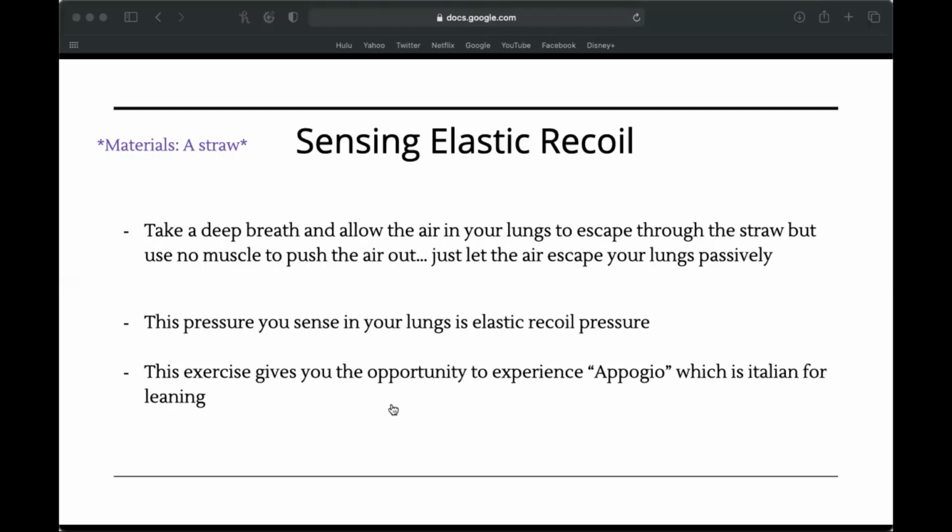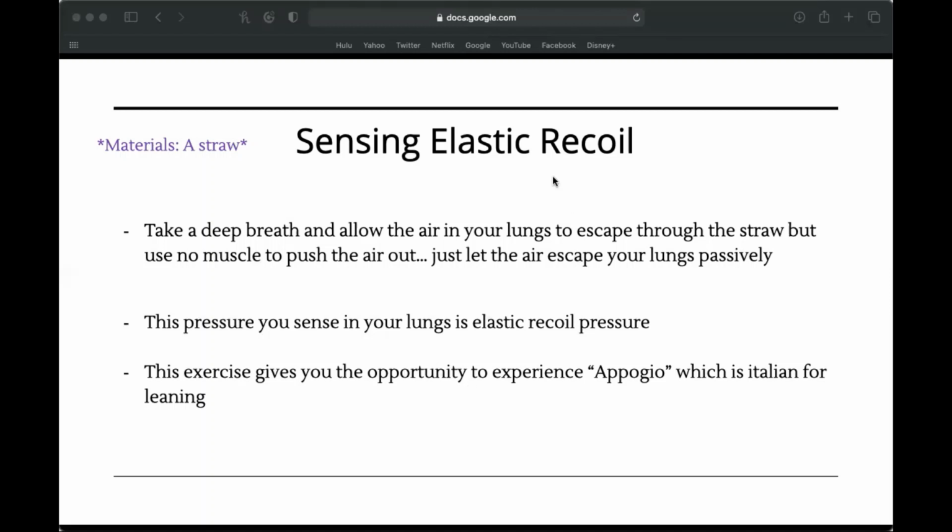Just let the air escape your lungs passively, like this. The pressure you sense in your lung is the elastic recoil pressure, which gets weaker and weaker as more air